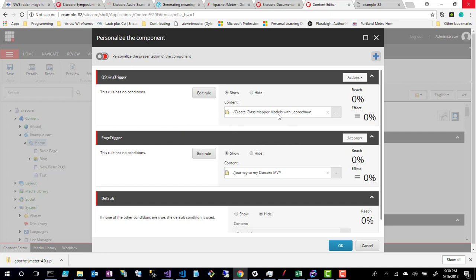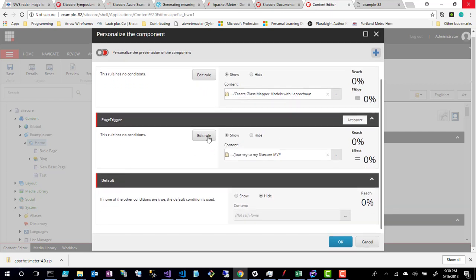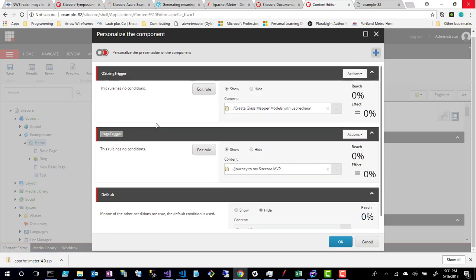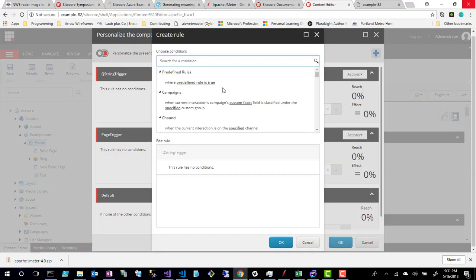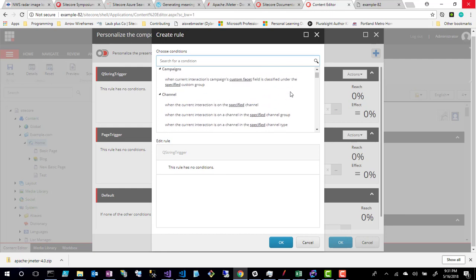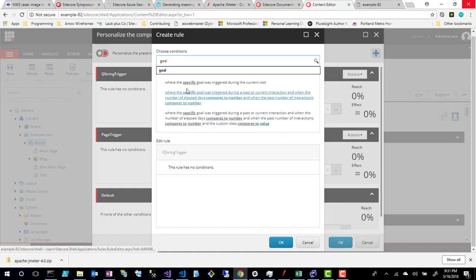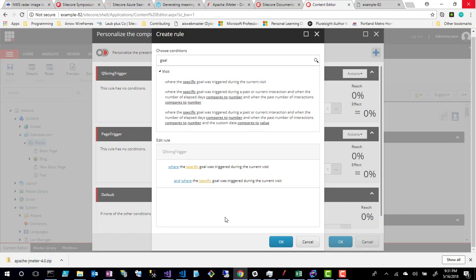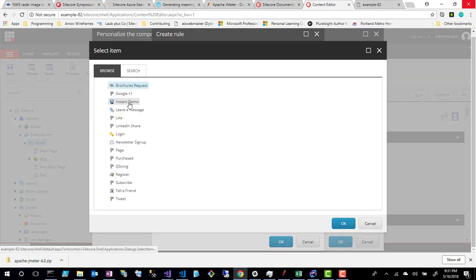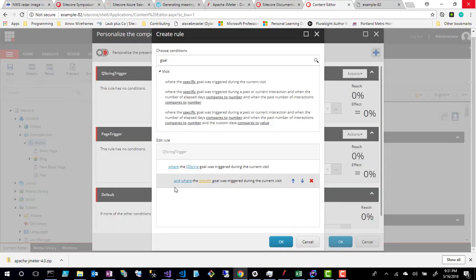The next thing that we need to do is define the rules that would decide when these would display. So for the querystring trigger, I'm going to search for goal, and I'm going to select it twice. I want the querystring trigger to only trigger when the querystring goal has been triggered and not when the page trigger or goal has been triggered. That's a tongue twister. So I'm going to select the querystring, so where querystring was triggered during the current visit,